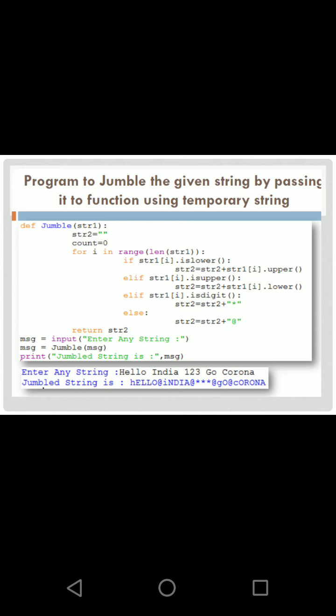And string 2 is returned to the main function and it is printed. You can see the program also. And if it is a digit or a space, you can give some other values. So you can see some special characters also there because of that.